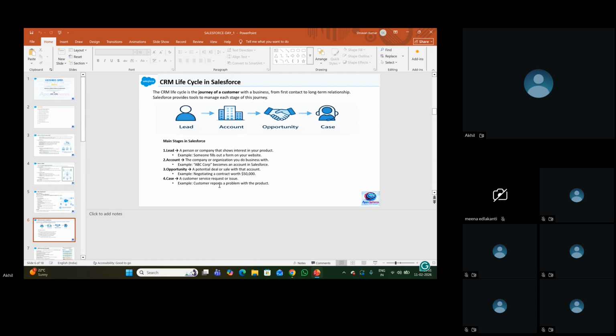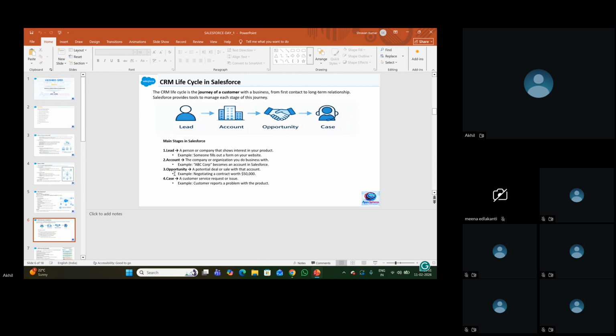And the next is service. Our customers are using our application, but what if they see any issues with it? They can't stay quiet, right? We should provide some ways to help them, through virtual support, voice call support, or chat support, whatever we see in real time. For that support, we'll have service cloud in Salesforce.